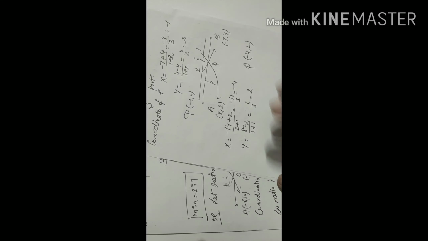Another thing we have to discuss here. First, we discussed finding the coordinates. The same method is used here. Second, we discussed finding the ratio. That is also used if points are collinear: find out in which ratio the point divides the given line segment. Another important question we are going to discuss here.